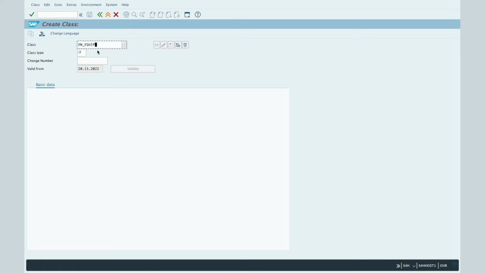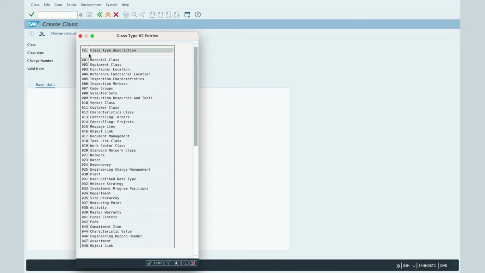en_equip. Then you will have to choose, if it's a creation mode, the class type you would like to use. The class type represents the technical objects where the class will be assigned. If you would like to assign the class to material, then you will use the class type 001 material class. If you would like, for example, to assign the class to batch, then you will use the class type 023,